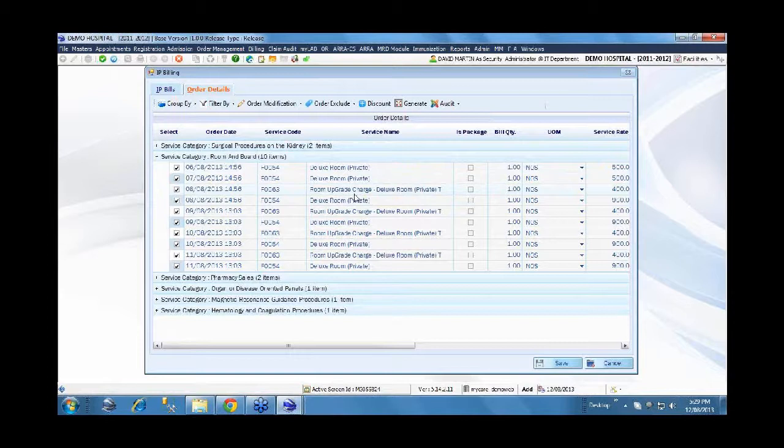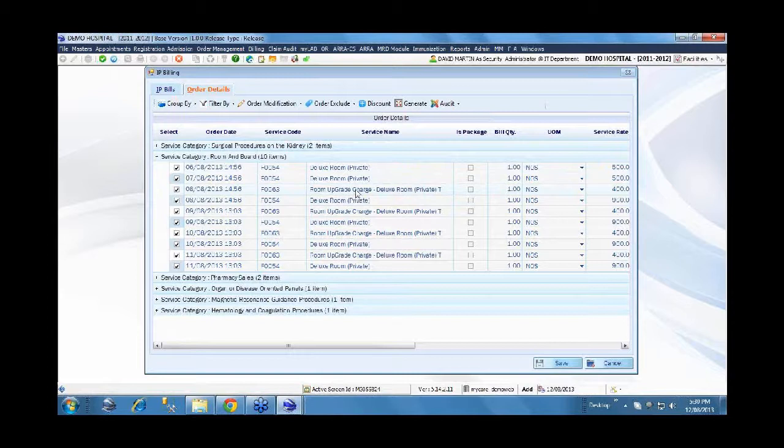While we are billing the insurance company, we will be billing the private room only. The difference in charge alone, you will collect from the patient. So it's a win-win for patient and a win-win for hospital. As far as the insurance company is concerned, they are not paying anything more than what they agreed to pay, but the patient enjoys his preference. This provision is there. This is one aspect we wanted to show. Now we will generate the bill.